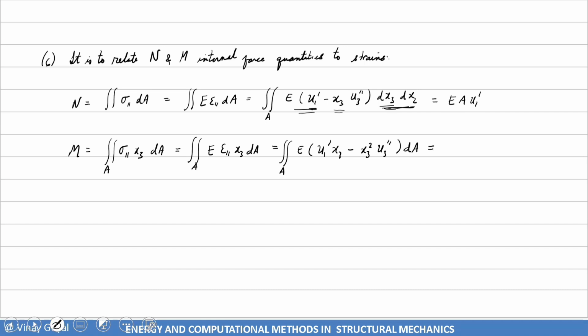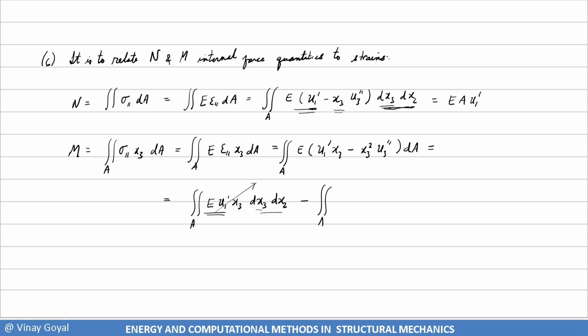And note how, I'll continue here. Note how E u1 prime x3 dx3 dx2, this is 0 because this does not depend on any of this stuff, and the integral of x3 with respect to dx3 is 0 because that's x3 squared divided by 2, and when it's evaluated from minus h half to h half, that gives you 0. So I'm left with